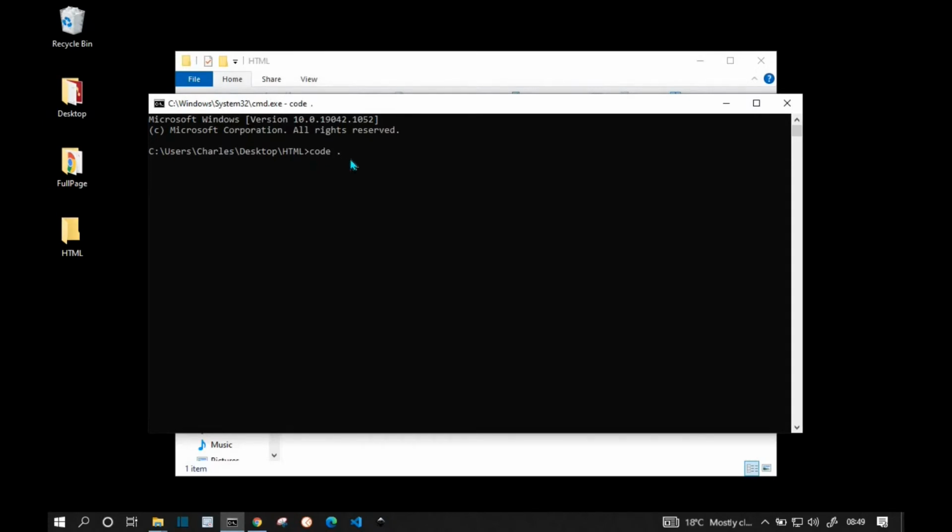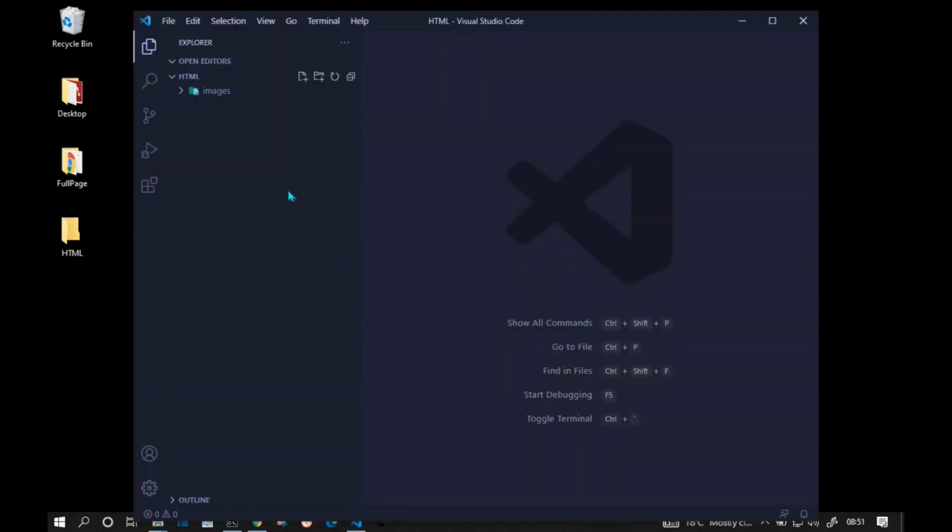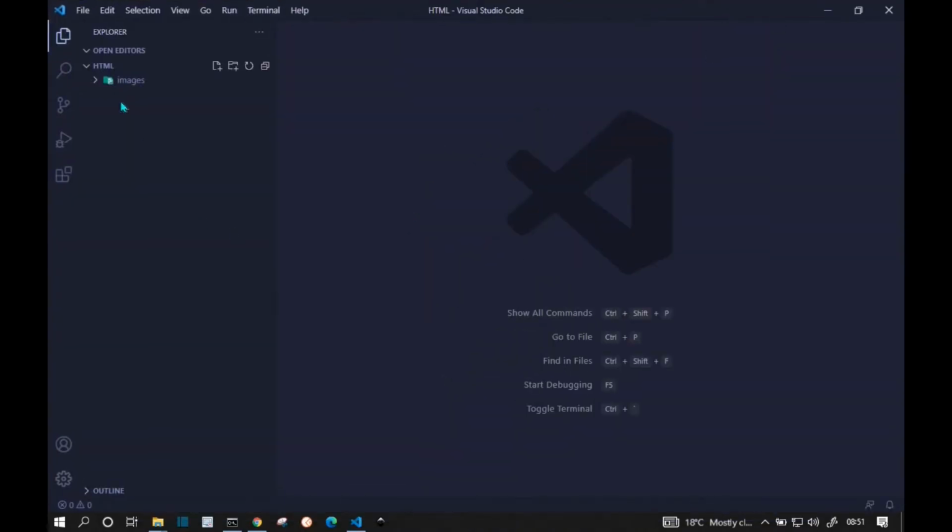So if you have Visual Studio Code installed in your machine, write this command and hit enter, and then our HTML folder will open on Visual Studio Code. Now we have our folder here opened on Visual Studio Code. I can just maximize that, and all we have is that folder that we added with just one image.